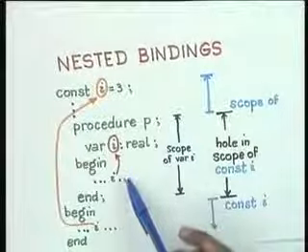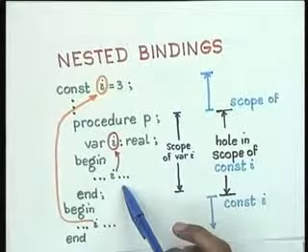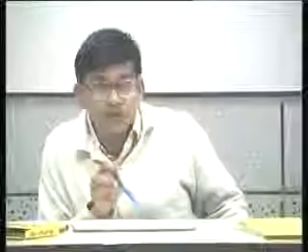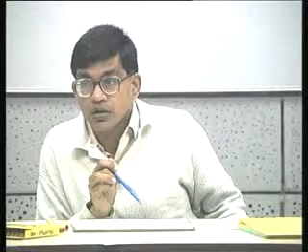So it puts an extra overhead on the compiler and the runtime system, especially in a language like Pascal, which does type checking, as to where exactly the binding occurrence is and whether the meaning specified by it is being explicitly followed here. So a simple solution could be to just ban all nested bindings,